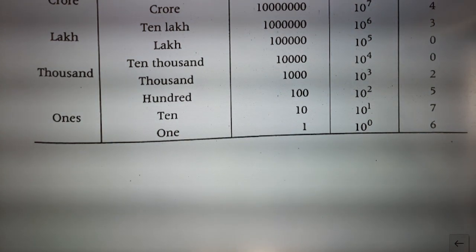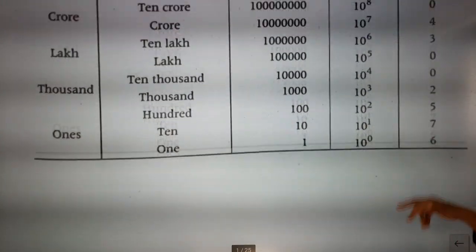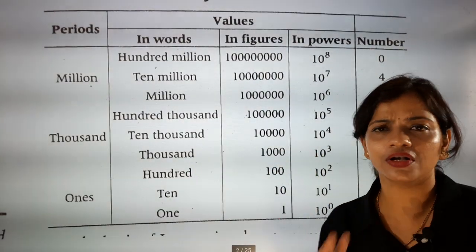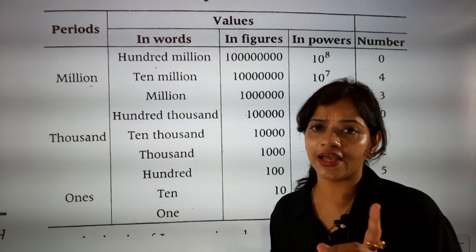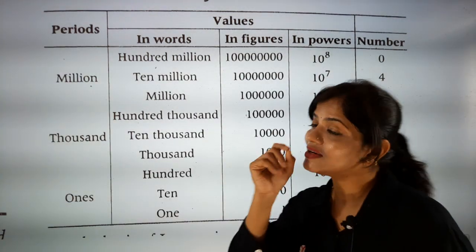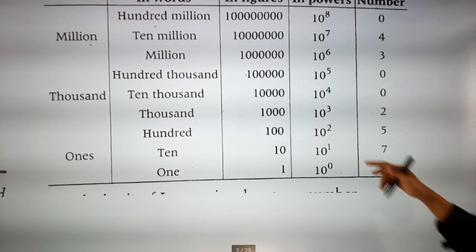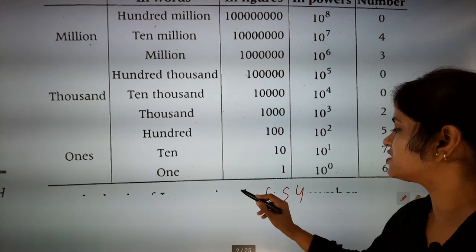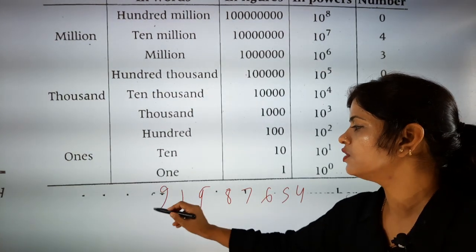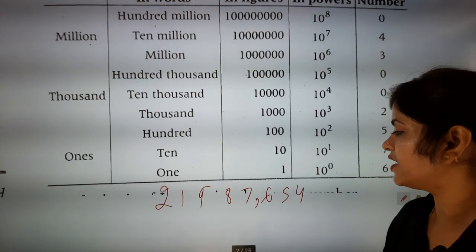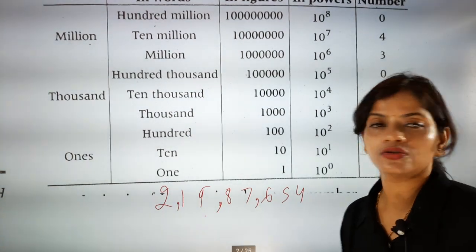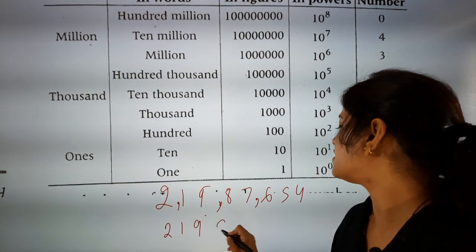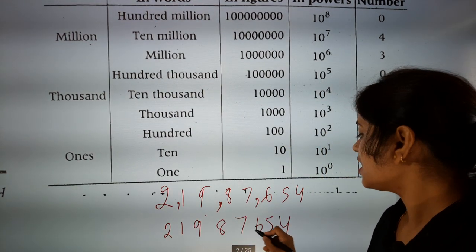Now, how do we do it in the international system? The international system is somewhat the same as the Indian system, but there we put commas after every 3 digits. Like the Indian system, we put the first 3 digits in the hundred place, like 4, 5, 6, 7, 8, 9, 1, 2. For the Indian system, first we put a comma and then after every 2 digits. But the same number in the international system is taken as after every 3.